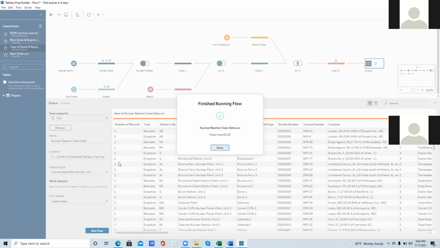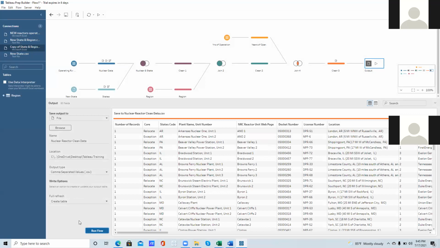Why? Like the first one you save on file, second one you put on. No, it doesn't matter. The file type, the last one, is if you have a Microsoft Excel, Microsoft SQL Server or Postgres Server. If you want to save it on your database, that's what Lucky did yesterday, to demonstrate a different way of saving. But in this case, we will use CSV because we are not saving on a database. We don't have a database that we are saving on. So we're just saving as a CSV.